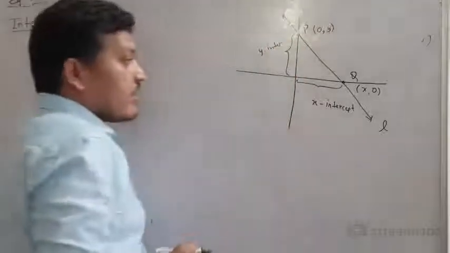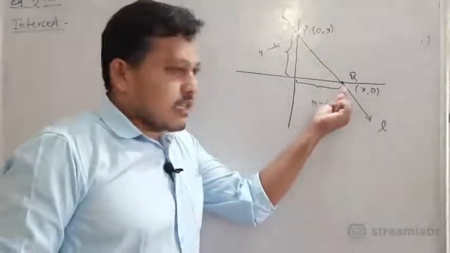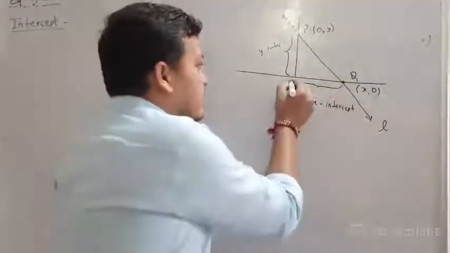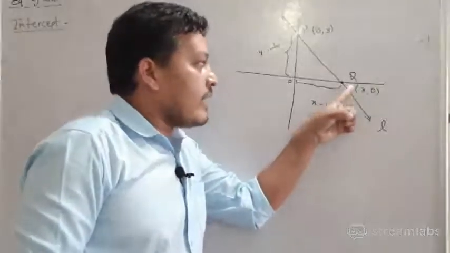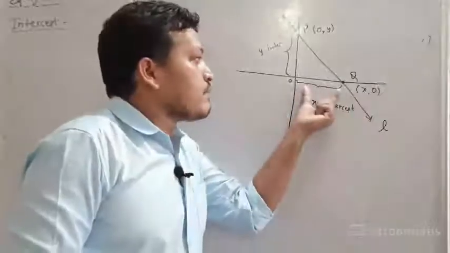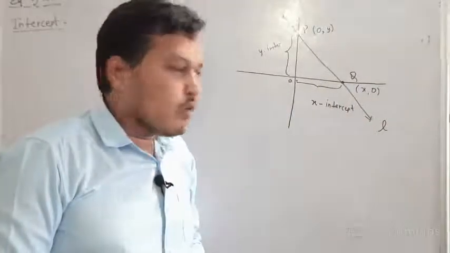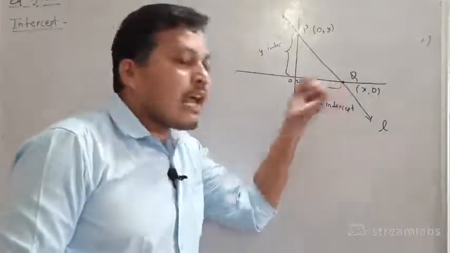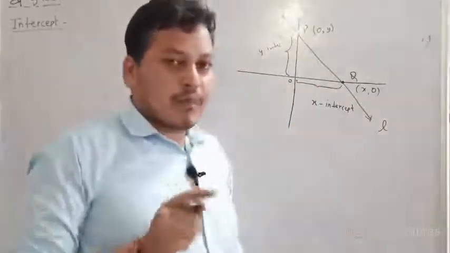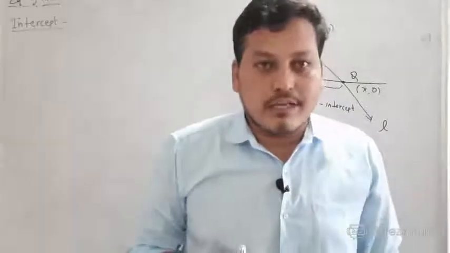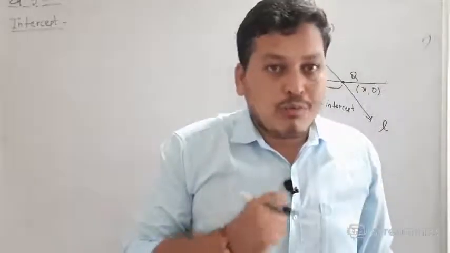Listen to this carefully. On the x-axis, the part from the origin to where the line intersects the x-axis is known as the intercept, but as this part lies on the x-axis, it is known as x-intercept. The normal definition of the intercept is the distance from the origin